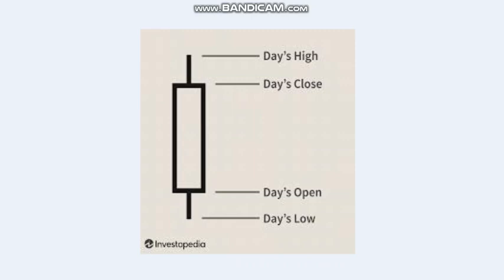When you look at this chart, you see a rectangle box. The box is called the body of the candle. You can see a wick on the top, and a wick on the bottom. This is the wick on the top, and this is the wick on the bottom. We also call this the shadow of the candle. So this is the body of the candle. You have the upper shadow and the lower shadow, or we call these the upper wick and the lower wick. Now what does it represent?